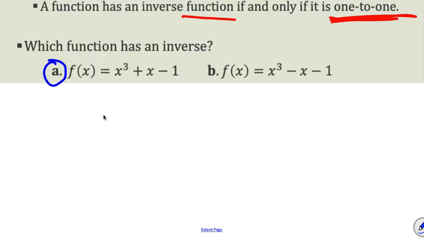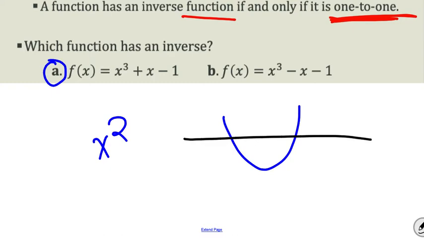Some of the graphs we know, like if we have an x squared function, this graph is going to look like a parabola and it's not going to pass the horizontal line test. And that's why I said in that earlier one, x squared and the square root of x are inverses, but we have to restrict the domain to where the graph starts to become a mirror image. Okay, so if we do that, then we can make it something that we can find the inverse of,